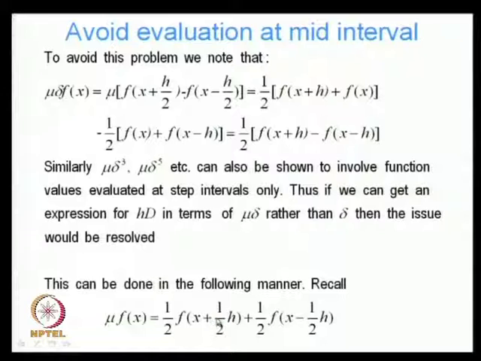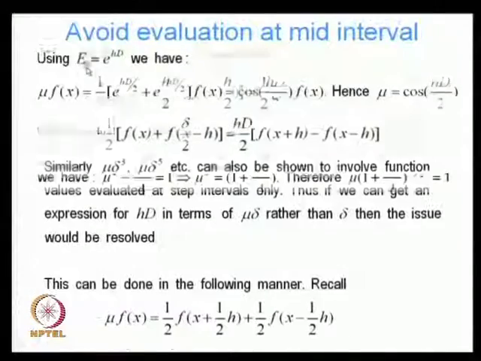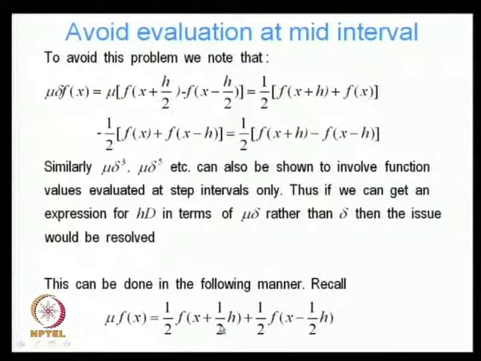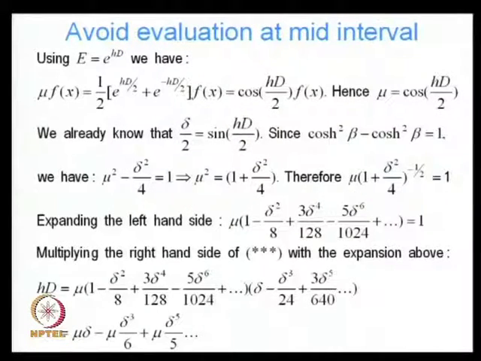f of x plus half h, right. I can write this as e to the power h d by 2, right. We can think of it as this shift operator operating over half a step, x plus half h. So, E f of x plus half h is equal to E operating on f for half a step, and I know there is a relation between E and the difference operator that involves the exponential. So, I can write this as half of e to the power h d by 2,